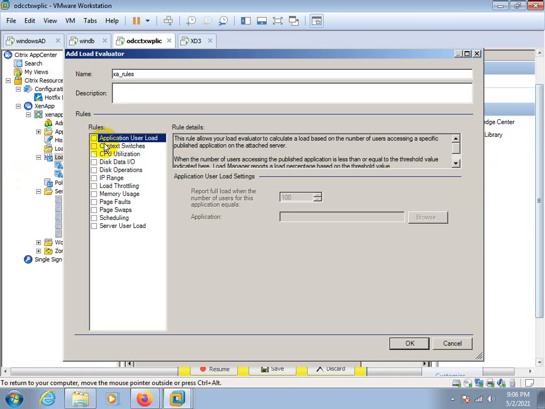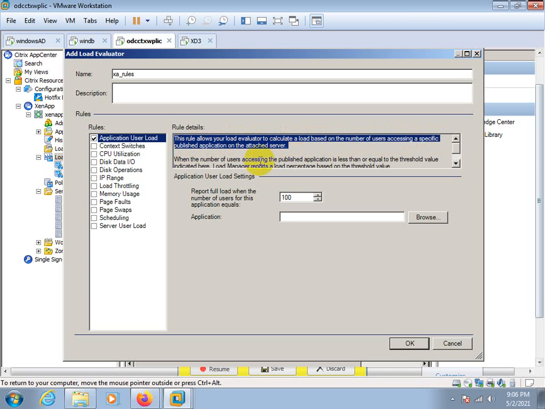First, application user load. Just check it here. This rule allows the load evaluator to calculate a load based on the number of users connected to a specific published application.